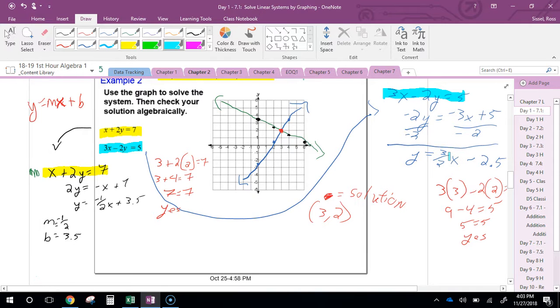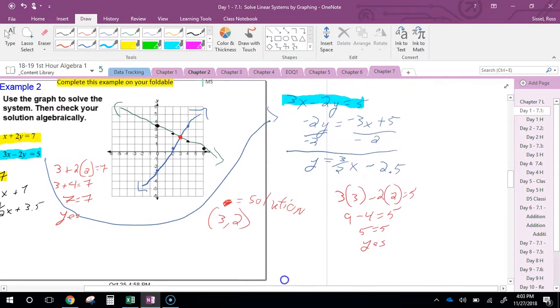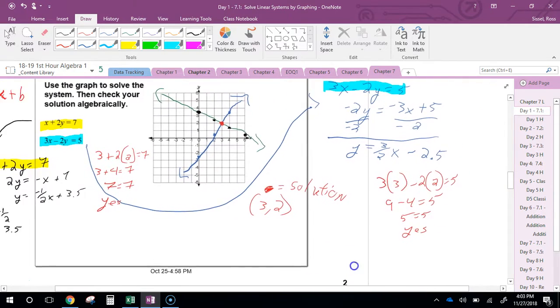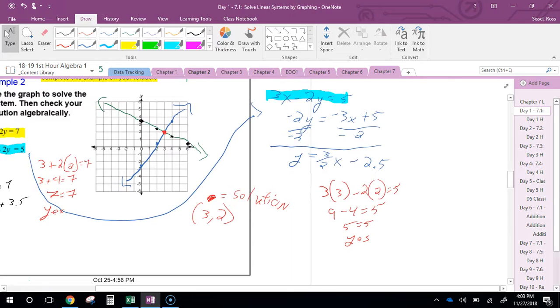I solved, and I didn't write it down. I should have. But my slope on this one